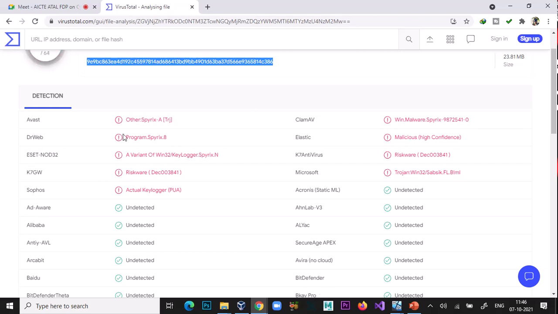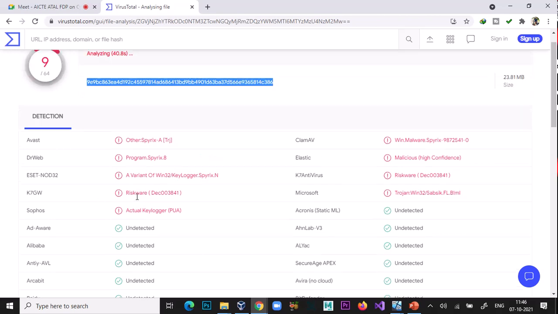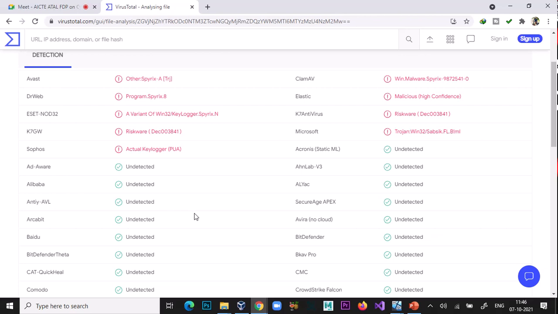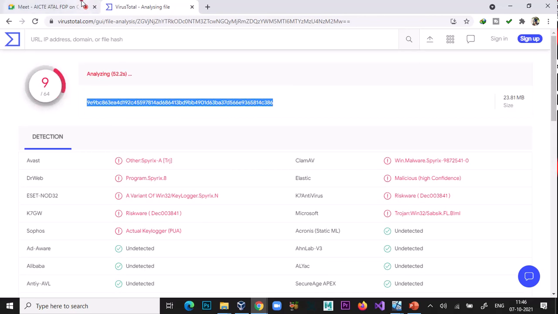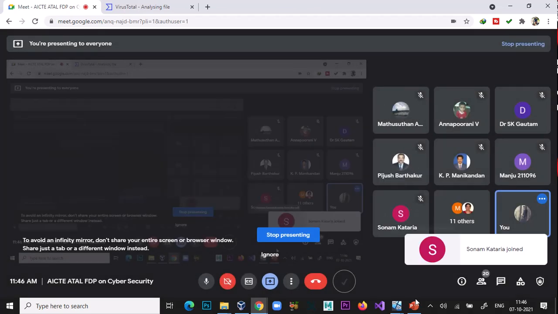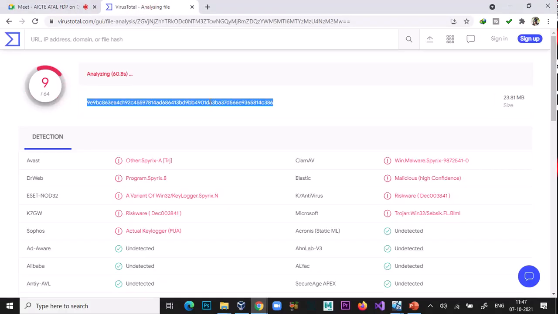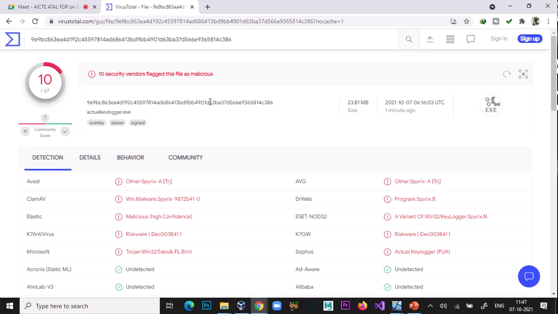Different antivirus brands show different messages about that file, and some antiviruses are still not detecting it. That's why I said please use genuine and updated antivirus if you are going to use antivirus in your system.